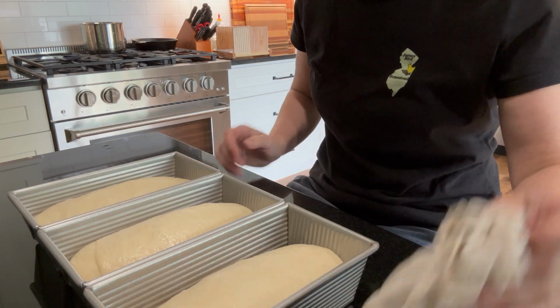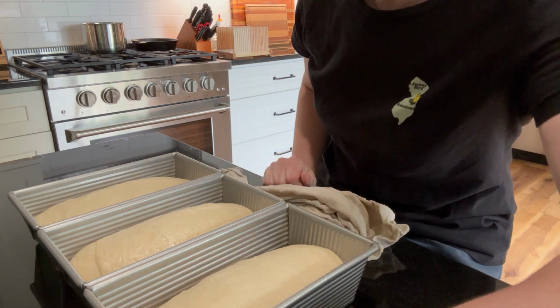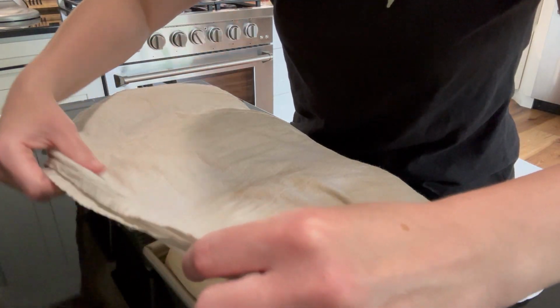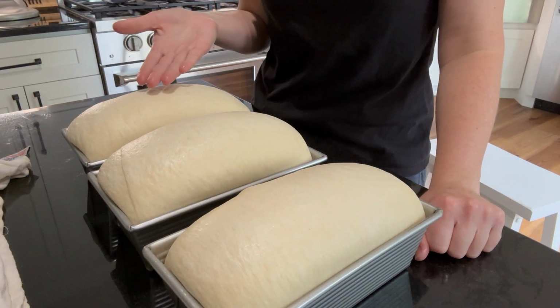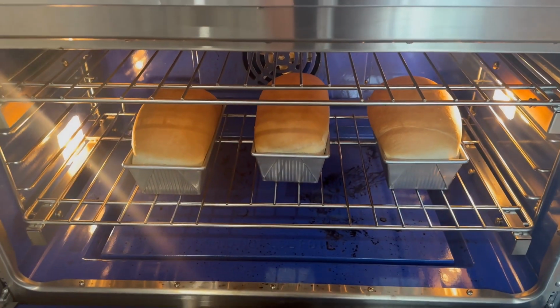All right, so we're just gonna let them sit until they rise up a little bit more, probably a couple hours. All right, it's about 2 hours later, and they're ready to go in the oven. I'm gonna put them in for about 40 minutes at 375. All right, so obviously by making 3 loaves instead of 2 really big ones, we've stretched out the recipe lengthwise,